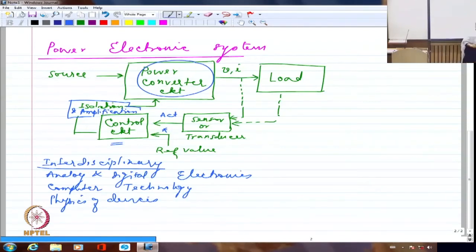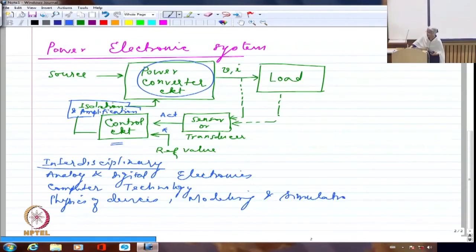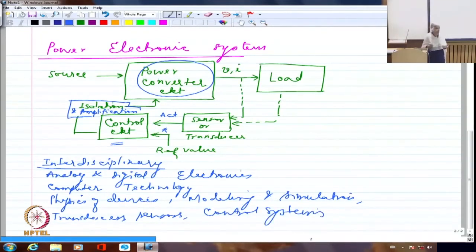So I should know device physics to a large extent. I should know modeling and simulation. And I should know transducers, sensors. I should know the working of control systems. Of course, machines and drives go without saying, because most of the time I'm controlling those things, so I better know them, right? So power electronics happens to be interdisciplinary in nature because of these things. Now, apart from this,